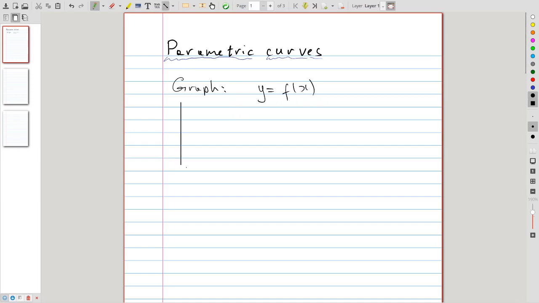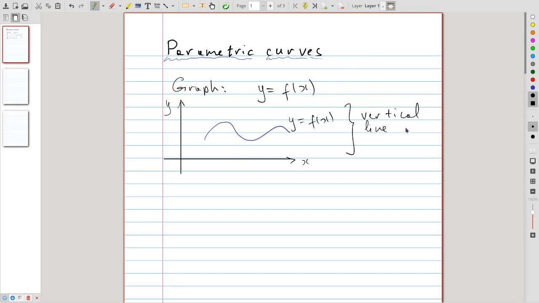So what this could look like is, say, the following. If we graph this function, we could obtain something of the sort like this. And so this would be y equals f of x. Now, this being a graph of a function, it must pass the vertical line test. So whatever function we graph, it must pass the vertical line test,